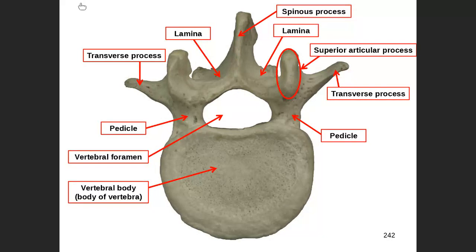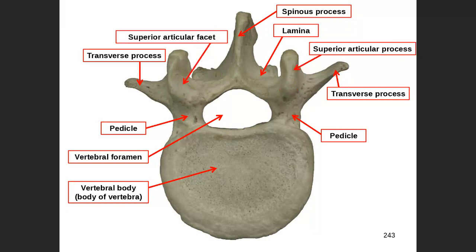Now, if you look close enough, you can see here's the superior articular process on the other side. This is a smooth area here. What I'm highlighting here, which is not the whole process, is the smooth area of that process. That area is going to be the superior articular facet, which is on the superior